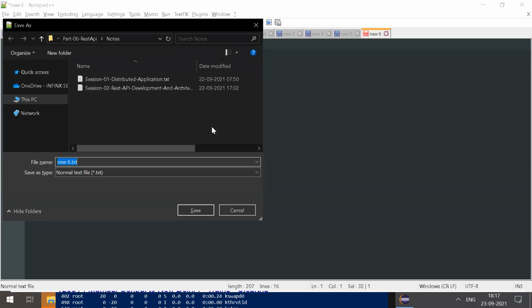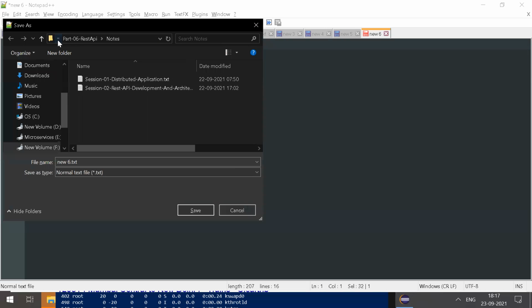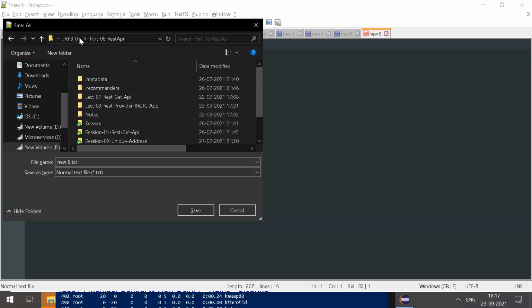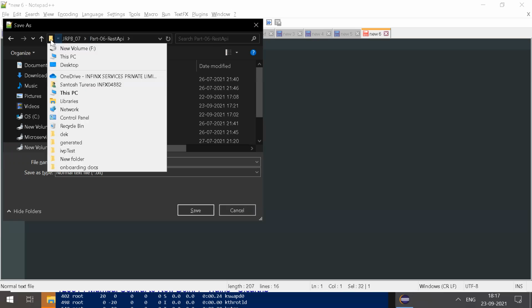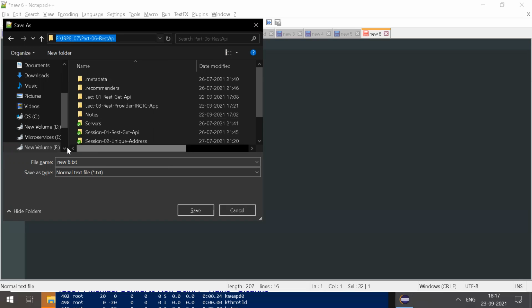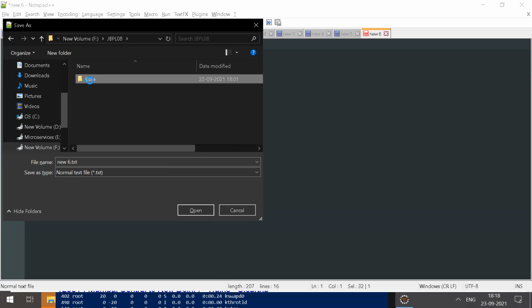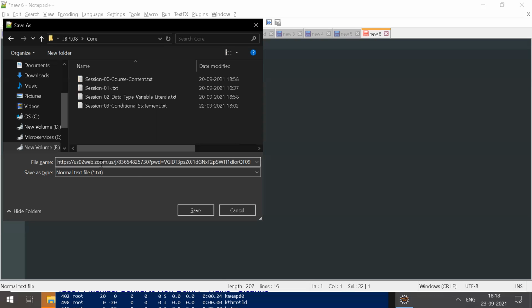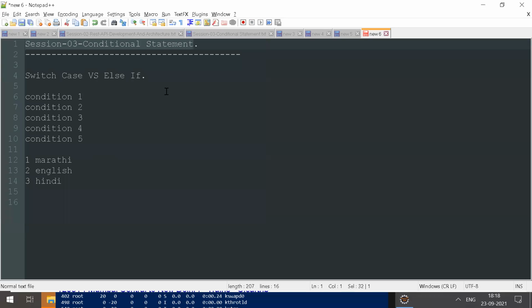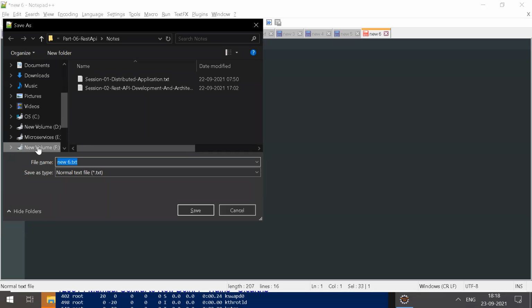I am saving these notes into the JBPL08 code folder.